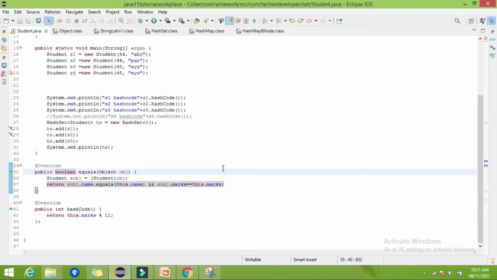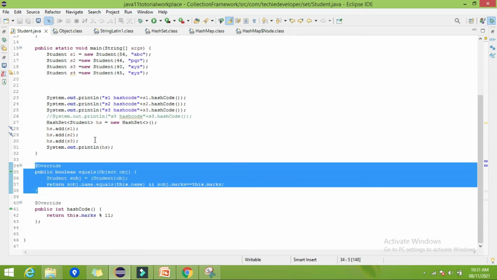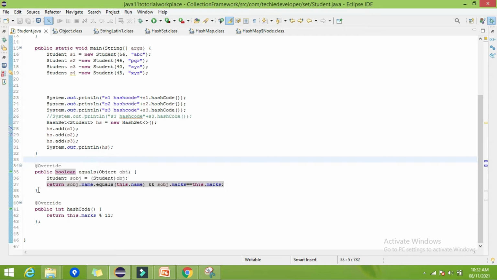Because if we don't override the equals method and directly check s1 equals s2, it will return false even though they have the same marks and name, because their memory addresses are different. It will consider them as two different objects and return false because they are not equal. So we need to check the equality on the basis of marks and names, not on the memory location. That's why we have overridden the equals method.